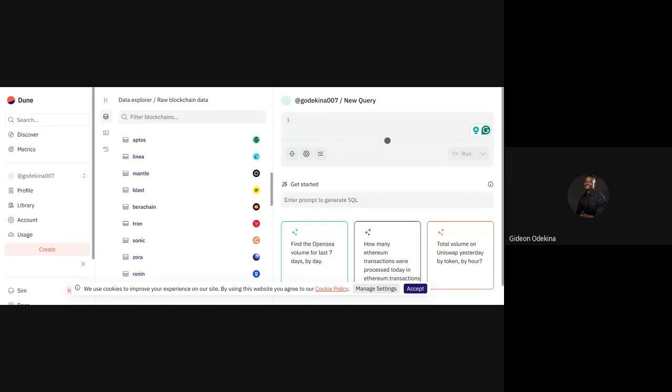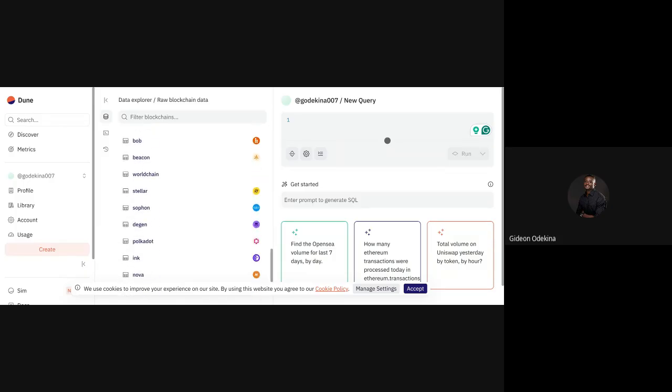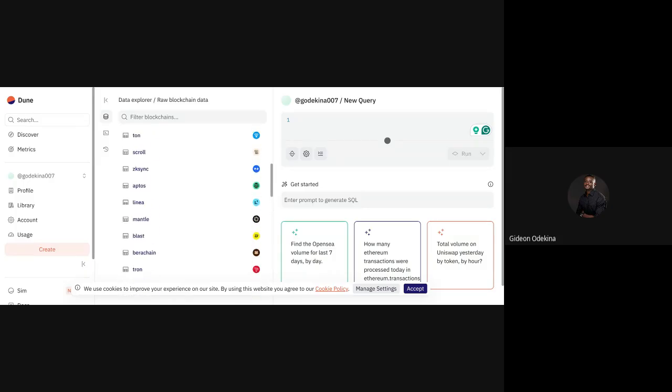Yes. Awesome. So let's navigate. Let's find Ethereum. It is the first one that you will see. Now I think I kind of jumped the gun, so I'm going to take a little bit of time